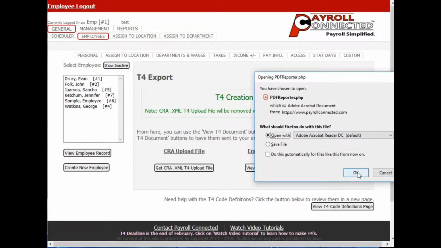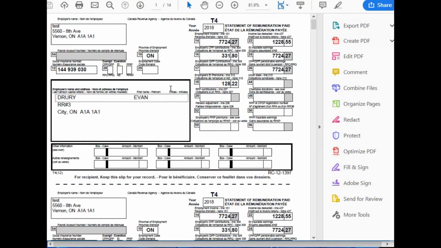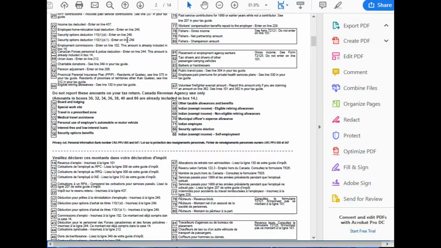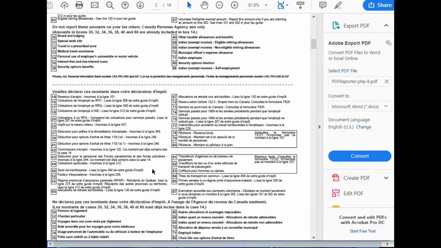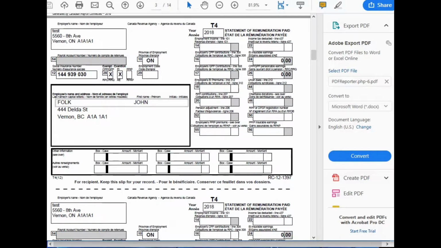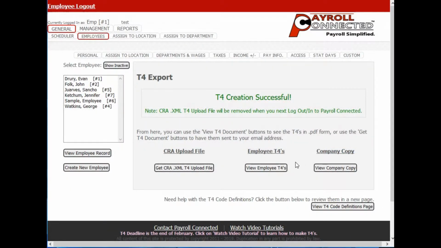where you can get the official employee T4s, which has a single employee listed twice on a page, and even number pages have the codes on the back so the employees know which box relates to what information. And once again, at the bottom is a summary page. However, you can also click on the View Company Copy to get the 2 employees per page and the summary